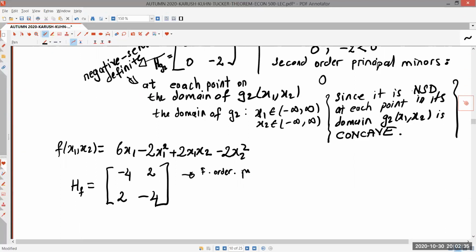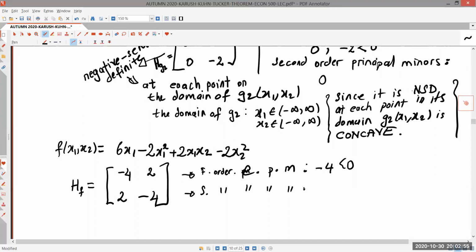Three leading principal minors, L, P, M. Okay, leading principal minors, and the first order ones, it's -4 less than 0, and the second order leading principal